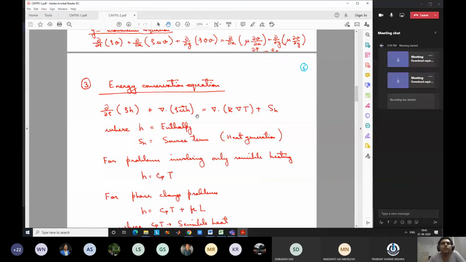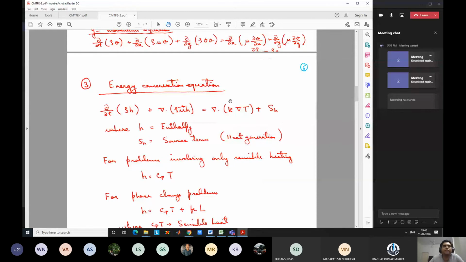So not only with flow, the energy can come because of conduction also, right? Conduction is known as diffusion in general. Thermal diffusion is known as conduction, but the diffusion process is applicable in many cases, so in general it is called diffusion. So it can come without flow. If there is no flow at all, still we know that some heat will come inside. Some energy will come inside because of conduction. So that is taken care of by this diffusive term or conductive term.